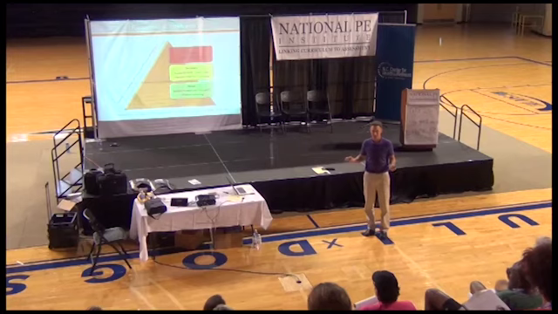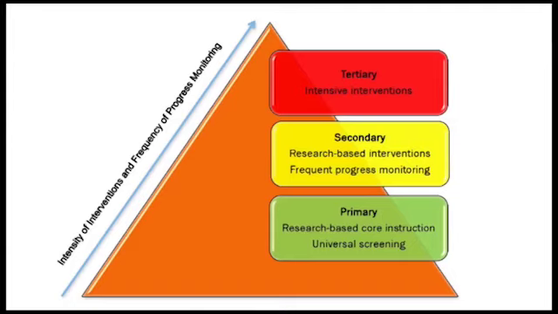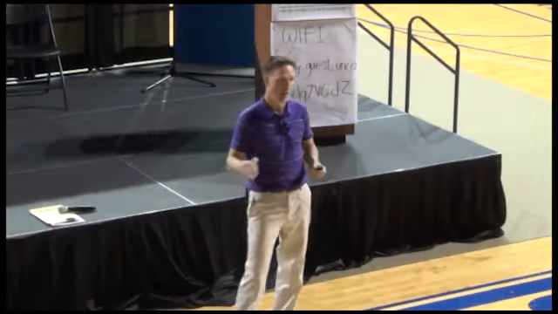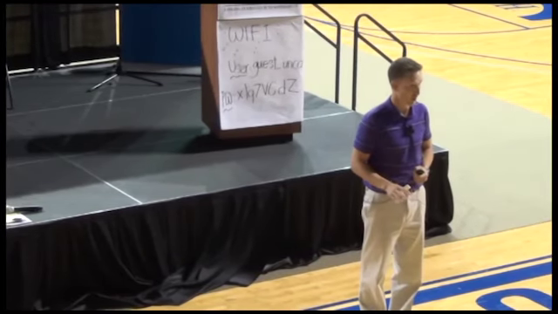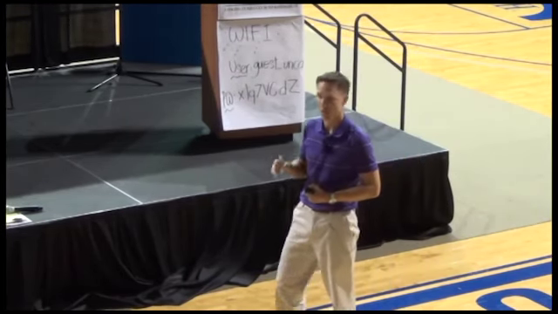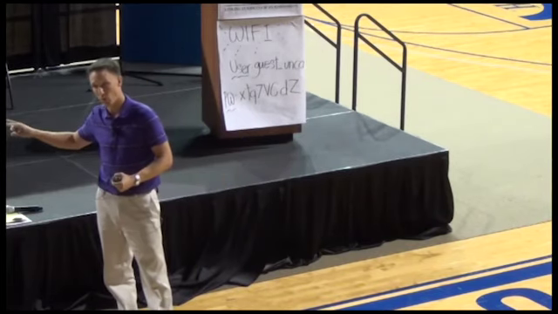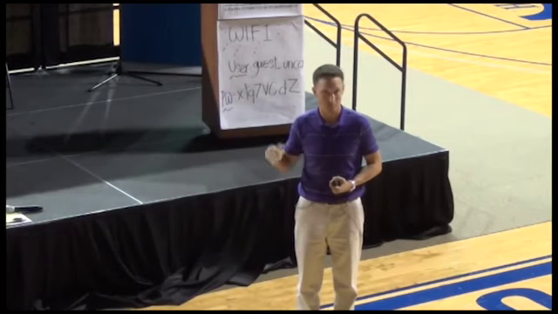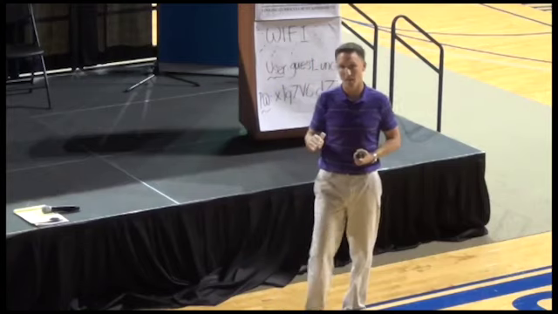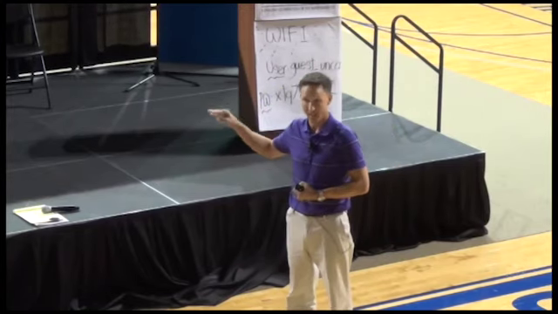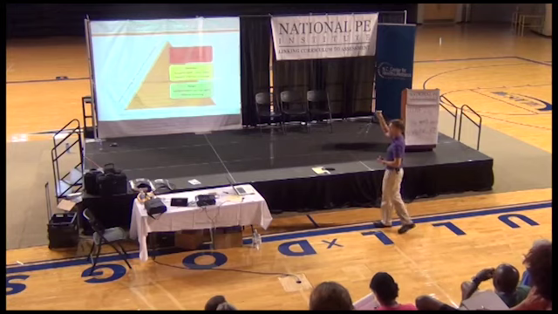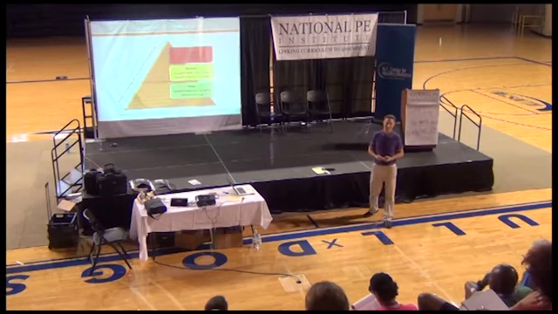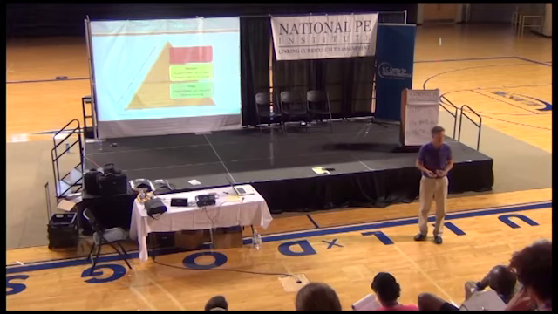That's the basic premise. What we see here is at the basic level, tier 1, we use the best possible instruction and the best possible curriculum we can give to everyone. That's the blanket. That goes to everyone. But we don't just assume that that's going to work for everyone. We actually assume the opposite. We assume that our best that we can do for everyone is not going to work for some. And instead of just waiting for them to fail, we have something waiting for them in the second level. And again, at that tier 2 level, we're not just assuming that everyone's going to respond to that. There's this third tier of intervention too that is the most intensive, most individualized form of intervention that a child can get.